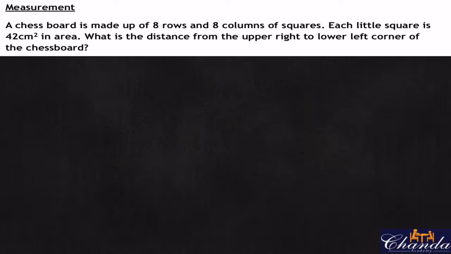Okay, so the question says, a chessboard is made up of 8 rows and 8 columns of squares. Each little square is 42 centimeters squared. What is the distance from the upper right to the lower left corner of the chessboard? Okay, so what we need to do, just to make it a little bit easier to understand this, let's